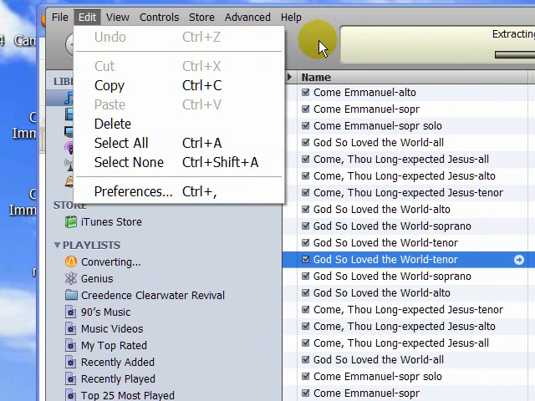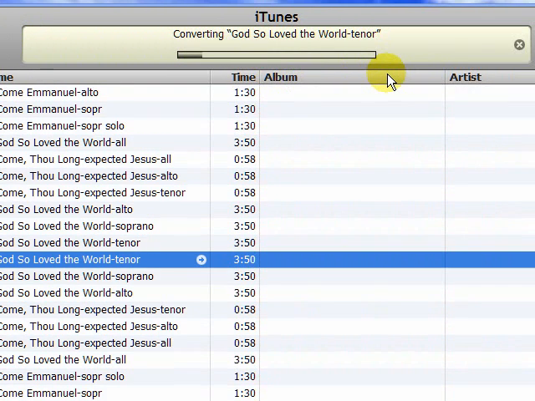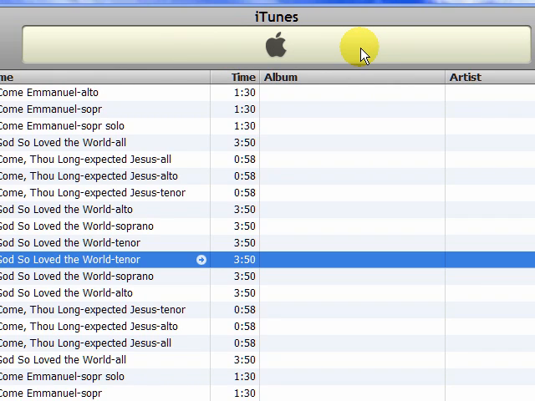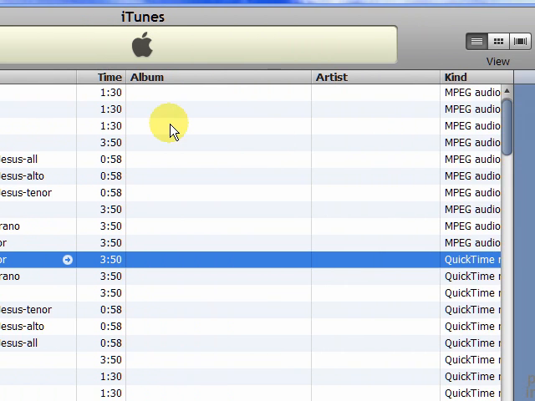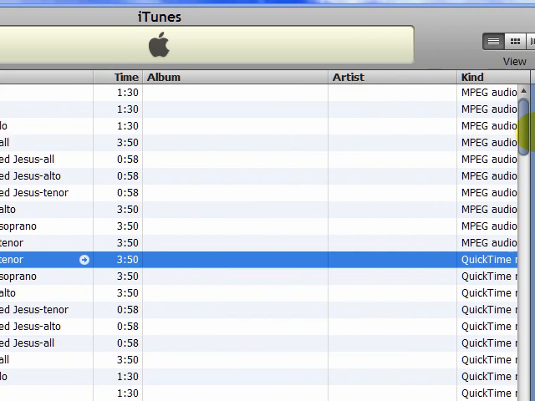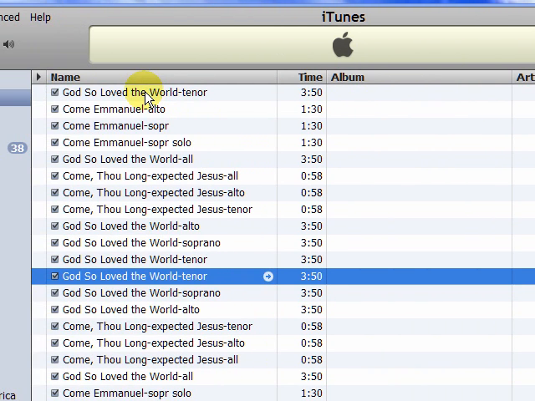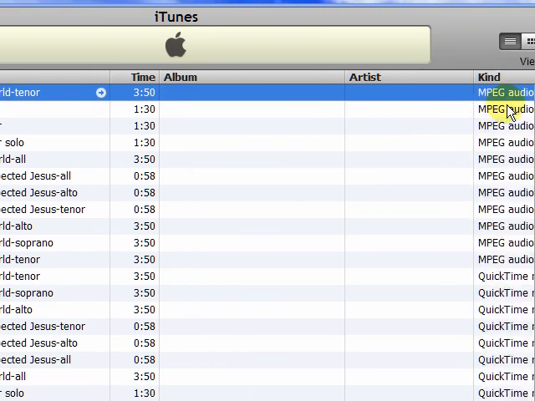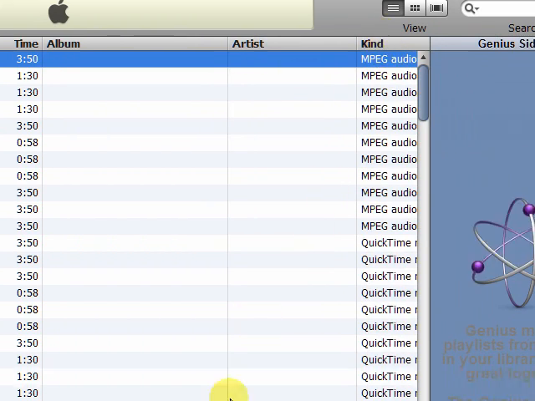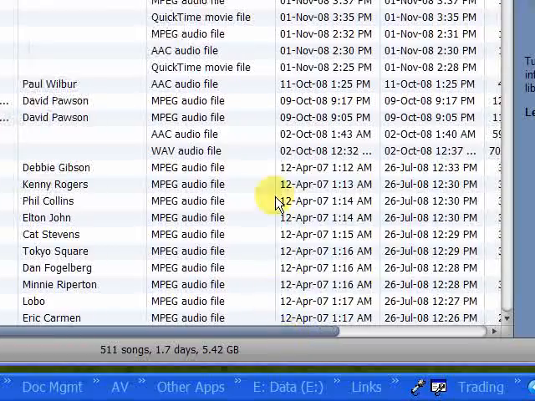So it's now converting this particular file. So it's done that. Now you can't see it here, so you need to click this because it's hidden at the top here. So there you are. And iTunes calls this file MPEG audio file. That's what an mp3 file is. So once you've got that,